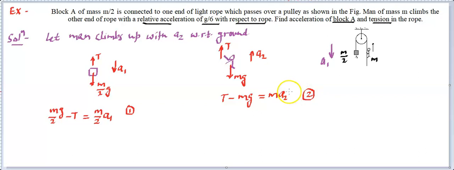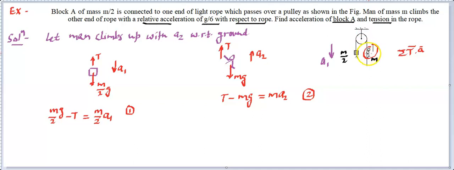Now, solving is going to be a bit challenging as of now, because there are three variables: T, a1, a2. So we need to get one more relation between a1 and a2. Here the constraint relation cannot be calculated by using summation T. Why? Because this person can do work, right?